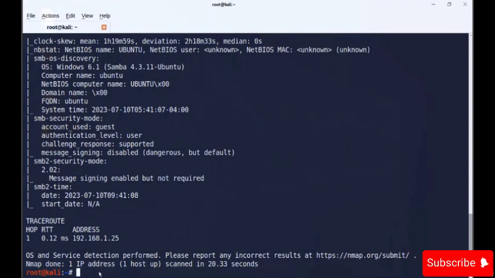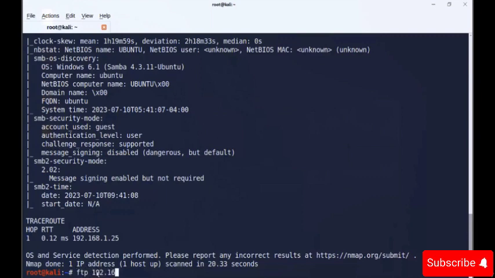Now notice one thing. The target system is running the operating system Ubuntu, which is a Linux flavor, and it also has an open port called FTP. And FTP sends data in plain text, using port number 21. So it's a serious security issue. So first of all, let's use FTP.